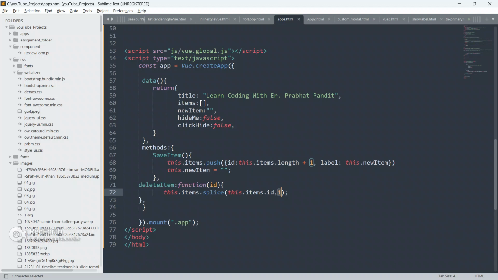How many elements do we have to delete from the array? Just one. That's why I have given one here.